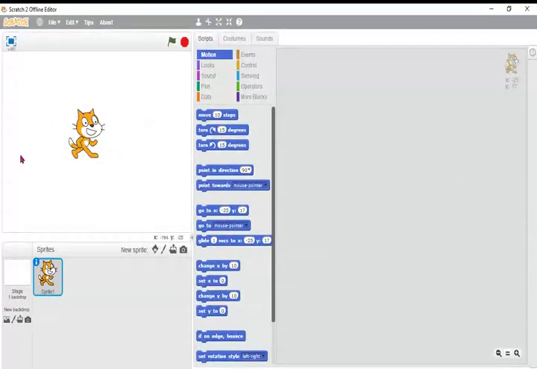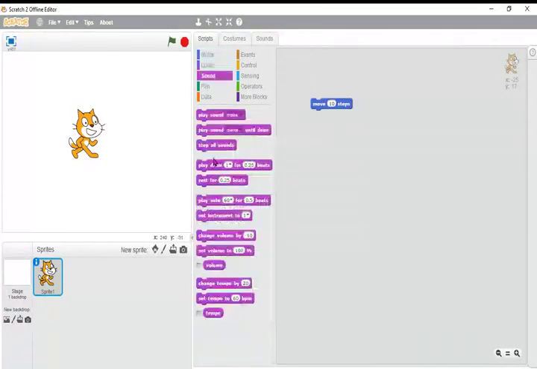This area is called the stage, just reminding you of last year. And this area is called the script area, where you can create a script.